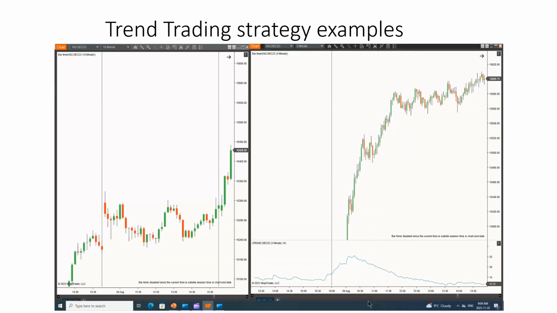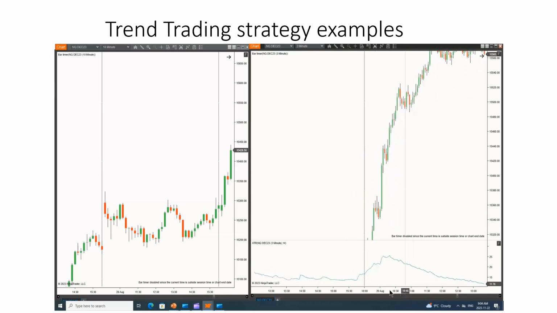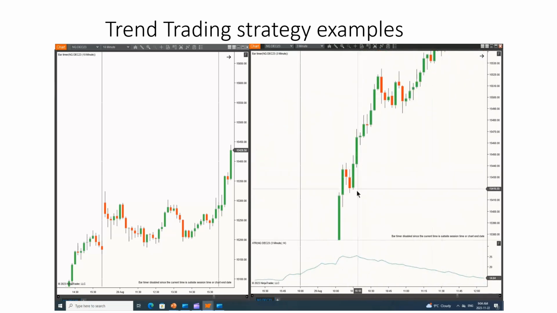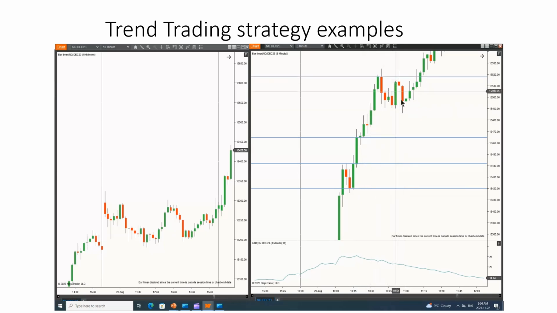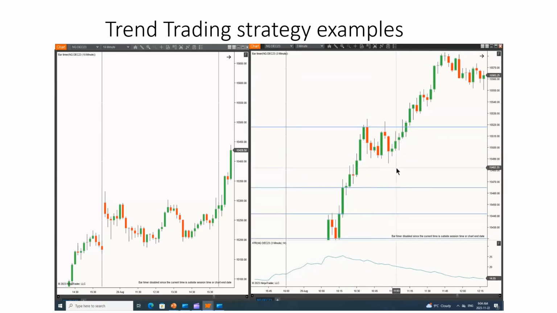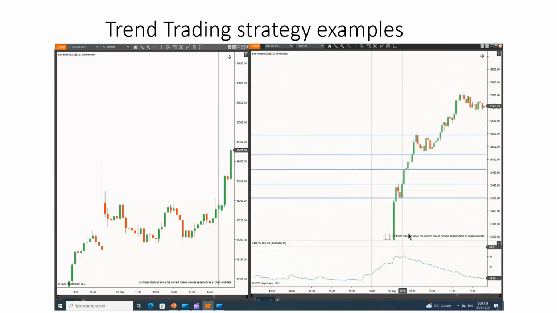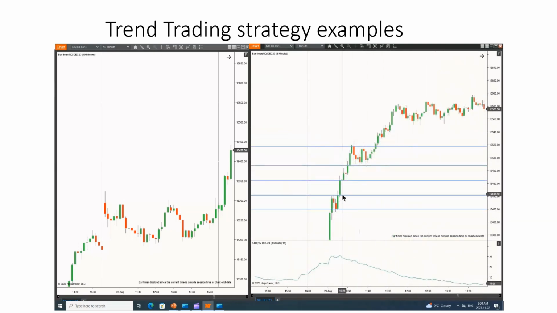Once the market goes in his favor, let's say like this, he entered here, right? He entered here. Once he sees a full body bar, he's going to buy it again. Once he sees another full body bar, he's going to buy one more time. Once the market goes a little bit further, he's going to buy one more time. And once the market pulls back, he'll buy more. He'll have a massive position on, and he will be entering into the market as the market proves to him that